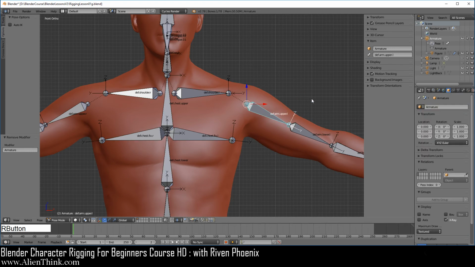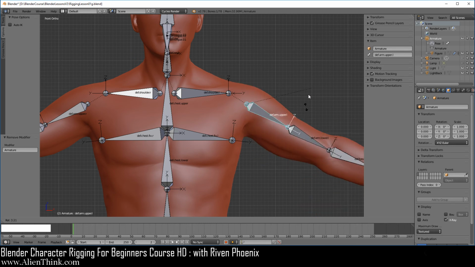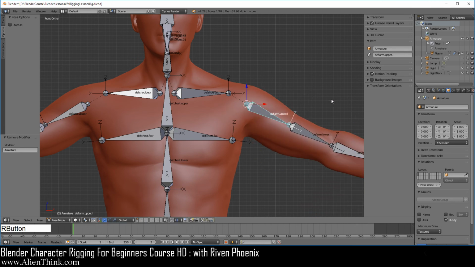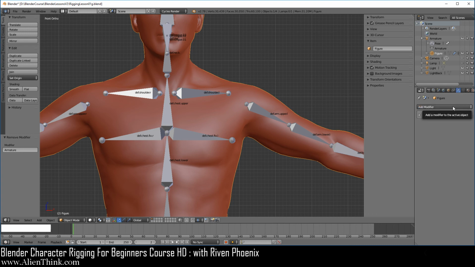So now when you click on this, press the R key, you can see that it's just an internal armature modifier. Now the reason I showed this to you is because again this has to do with this concept of parent-child relationships. That's all this is. But of course we are not going to be using this concept. We're just going to keep it on object over here, and of course we're just going to use the armature deform modifier over here.